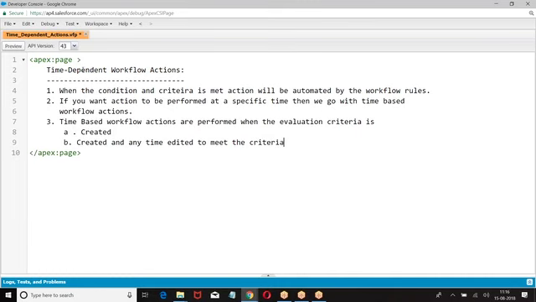So time based workflow actions can be performed only when the evaluation criteria is created and any time edited to meet the criteria simultaneously.